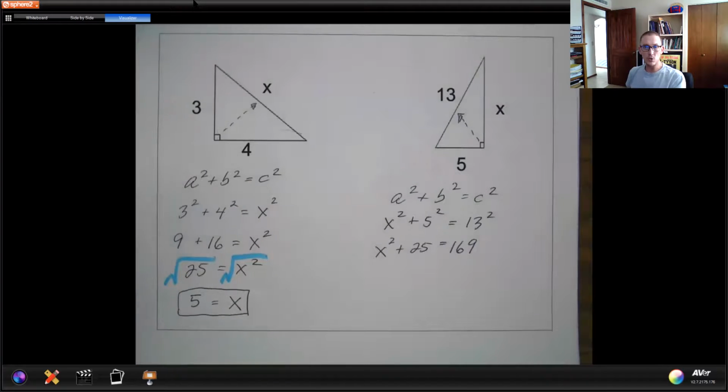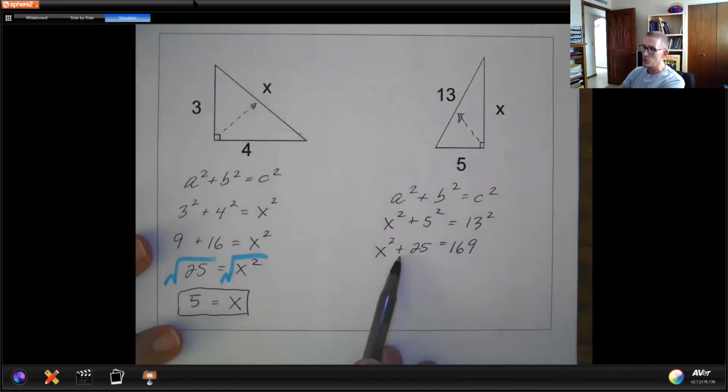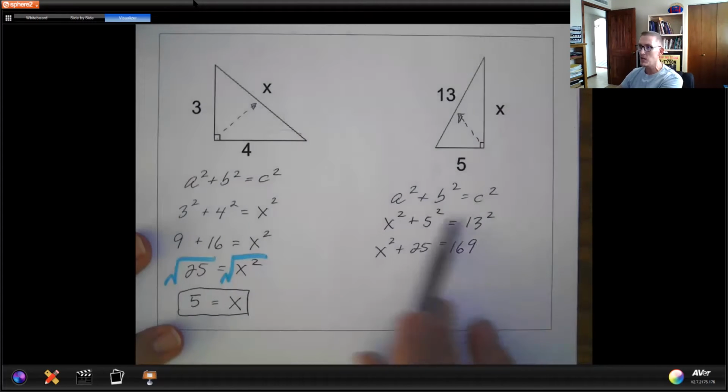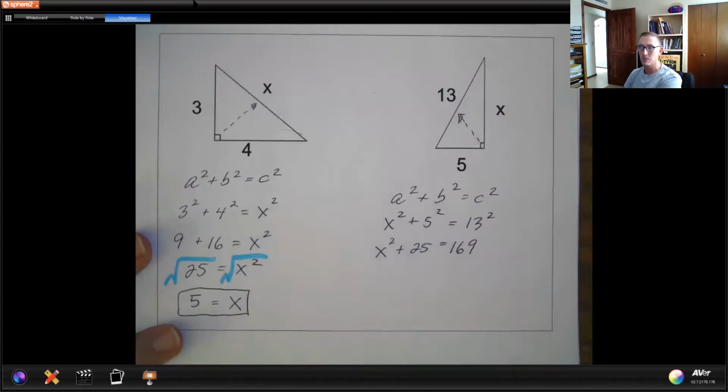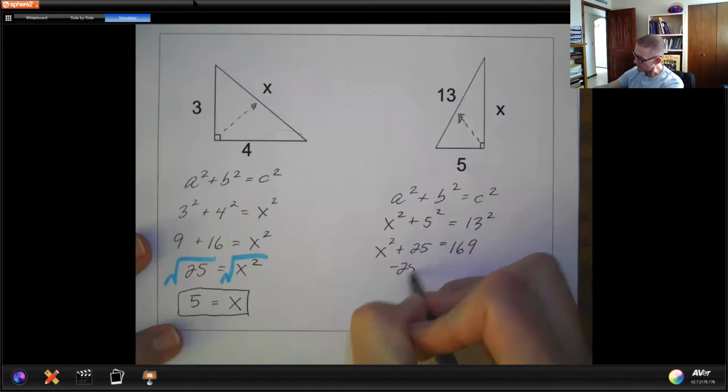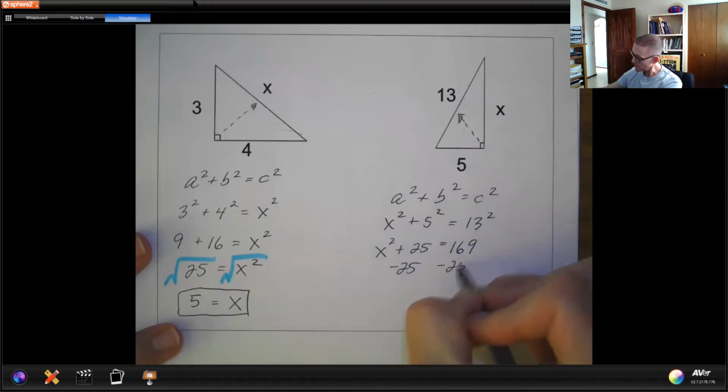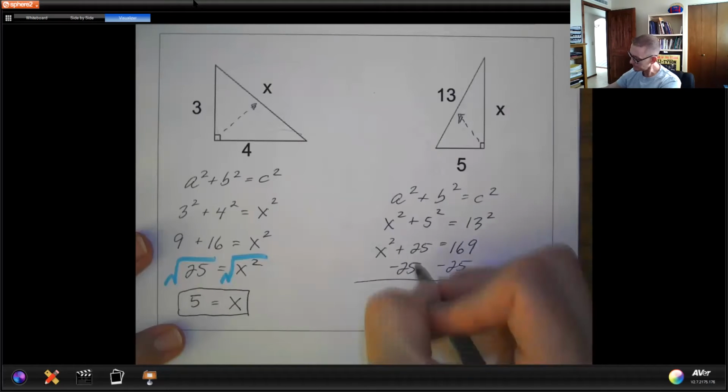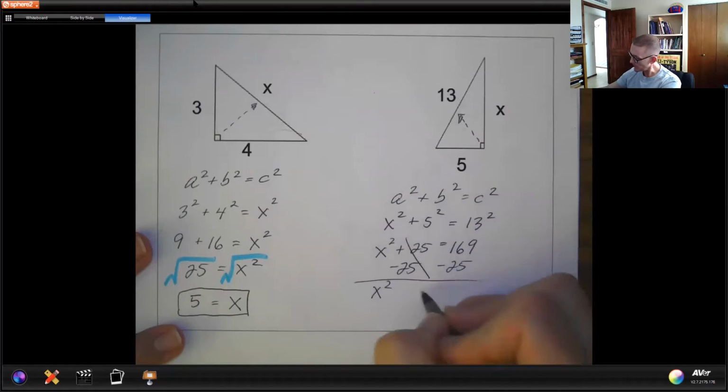And now I have to use my solving equation skills. If I want to get the x squared alone, the first thing is to undo the plus 25. This one's going to be a little bit different than the last one because my variable's in a different location. So I'm going to subtract 25. Whatever I do to one side, I do to the other. x squared equals